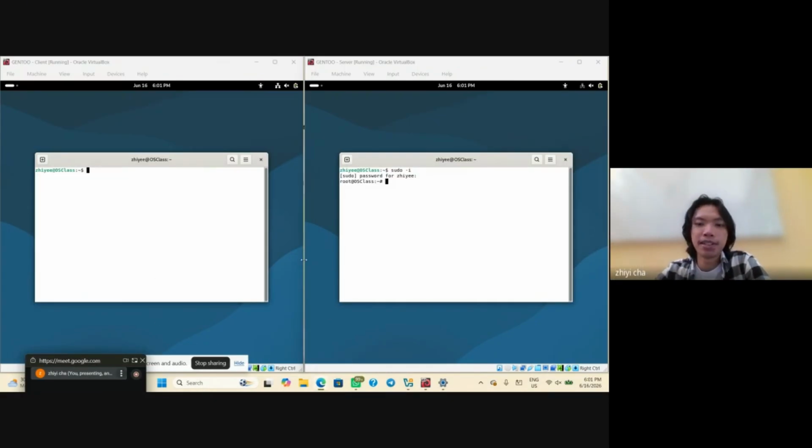Okay, my name is Muhammad Taufik, and today I'm going to present about SFTP. First of all, on my right side is the server, and the left side is the client. First we go to the server, then we type /etc